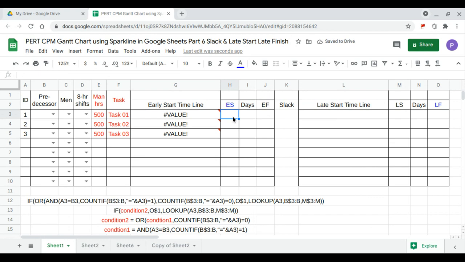So we continue with the start day formula, which is equal to IFS. If B3 is empty, then it's empty. If B3 is equal to the ID A3, then it is 0. That means the task precedes itself or follows itself. The last condition, if B3 is greater than 0, then